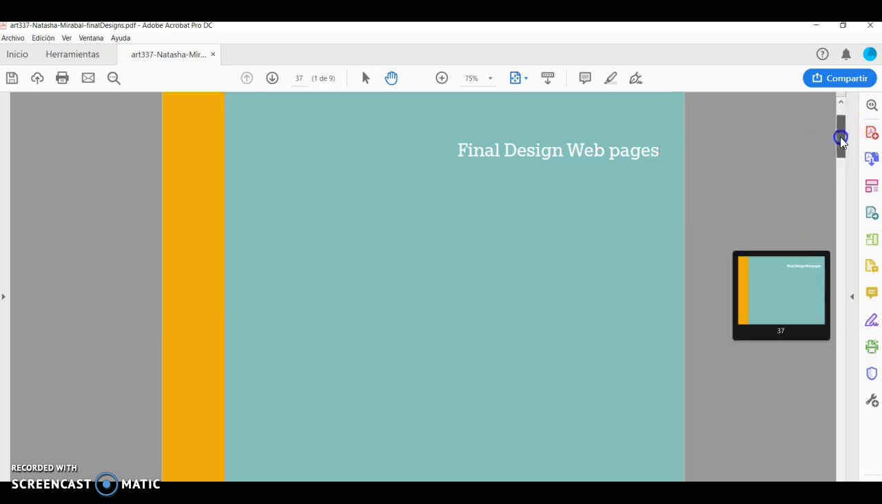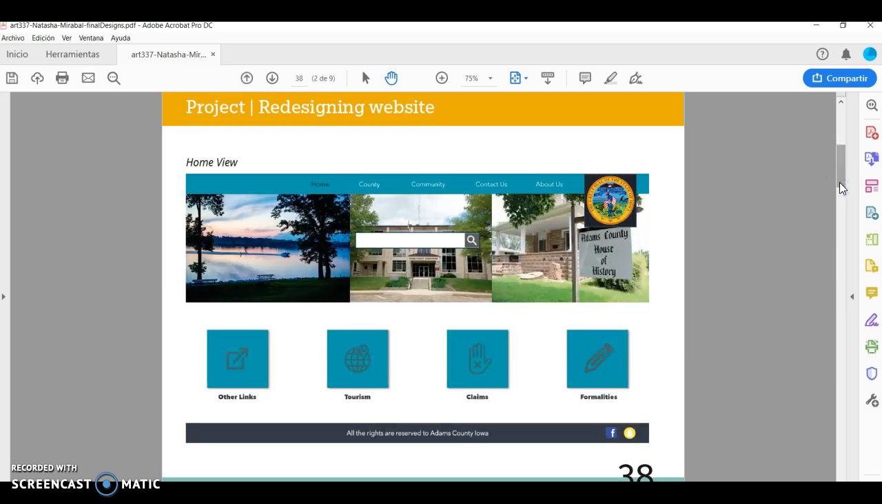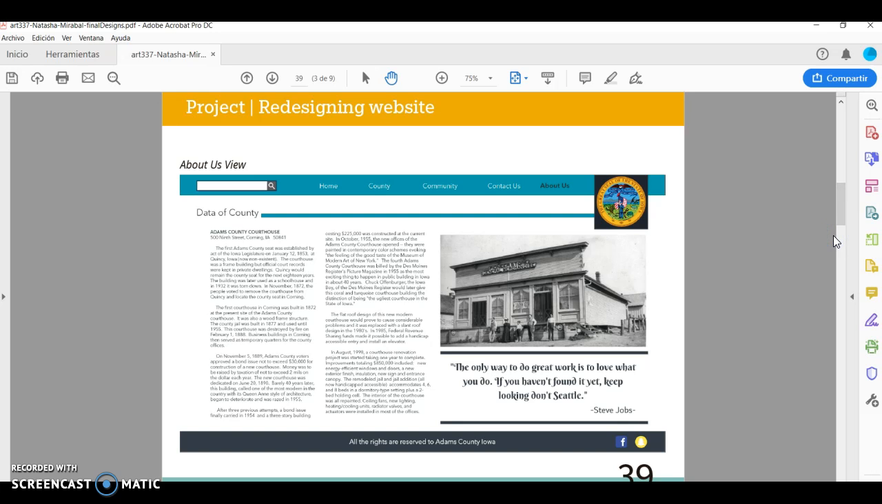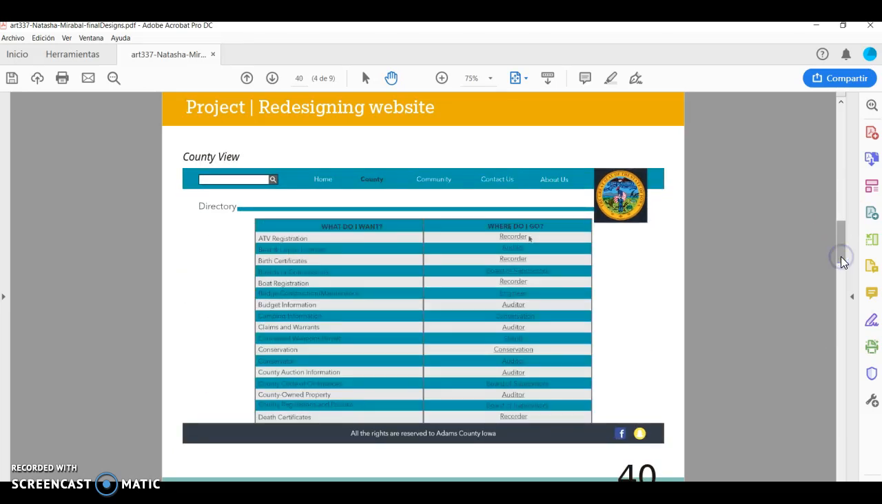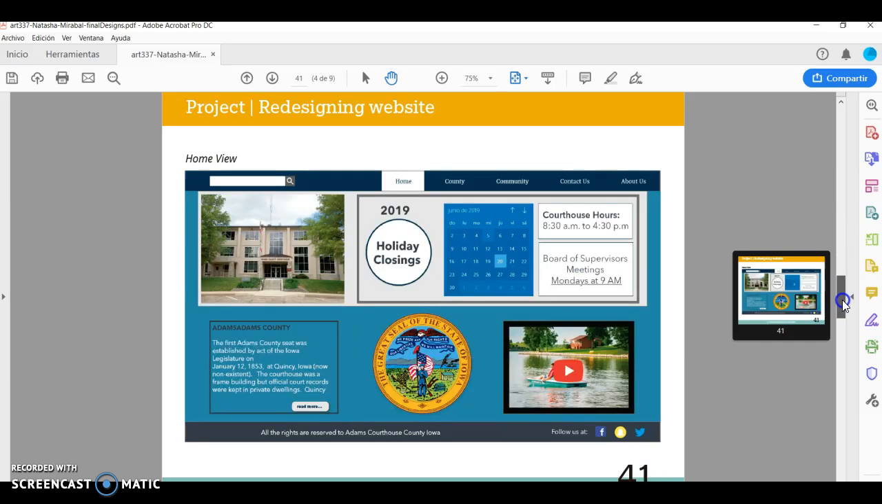Redesign of the web page. The design that I did in the last week was this option. This was one option for the home view. This page about us of the history is part of the previous page, and also this page is part of the previous home. So I created another option of home view like this one with navigation bar on the top